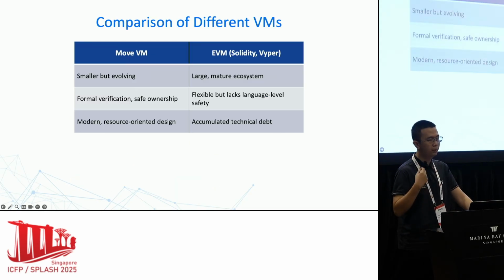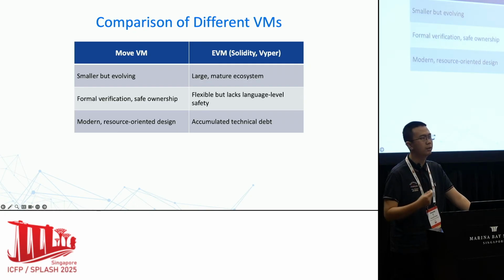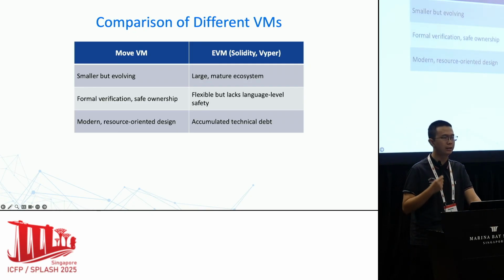So why do people want to choose different virtual machines? Because each virtual machine has its own advantage. The EVM is the earliest and now also has the largest smart contract ecosystem. It has many existing development libraries, and it is the most mature ecosystem. And also, EVM has an overwhelming advantage in terms of the proportion of asset deposits and user shares.